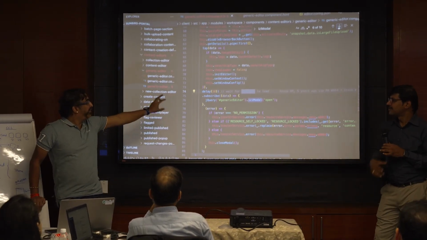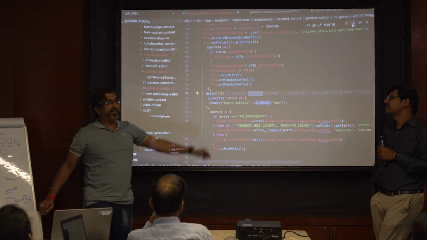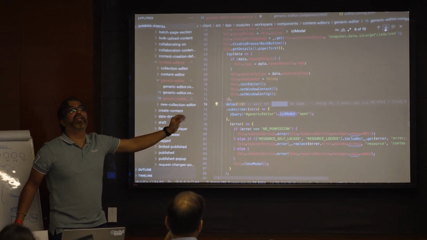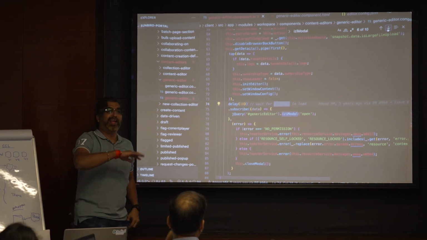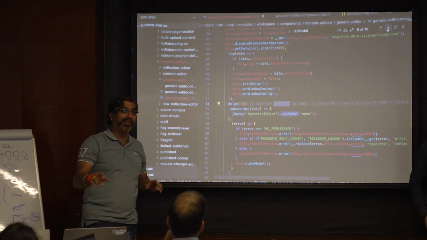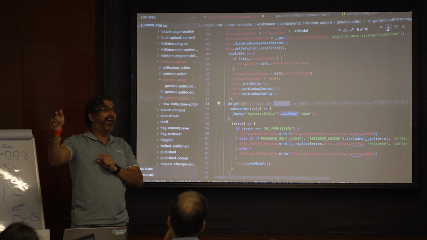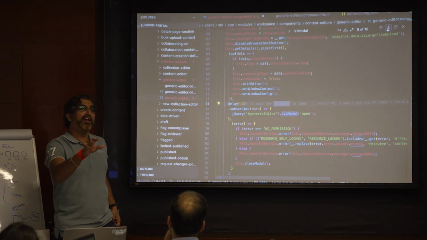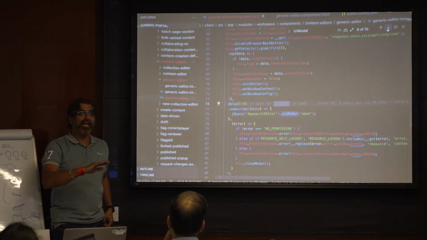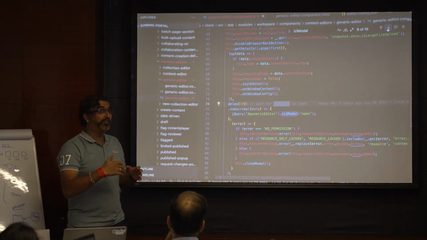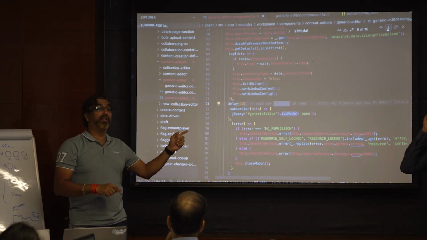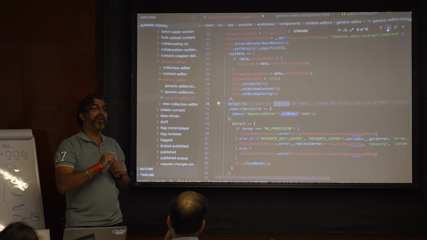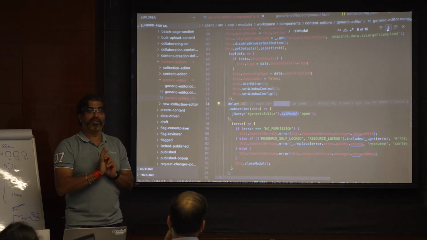I think this is the place where the generic editor gets created and gets opened as an iframe. This is jQuery, and I'm not worried about this because I am not the person who is doing it. In their documentation, they would have said use this particular link and get it added like this. I'll add it and I'll be happy. As a portal guy, I'll be happy with that only. I should not be worried too much about what it is doing. What it is doing is its own functionality. I'll be more worried about how it is getting invoked. That's all.